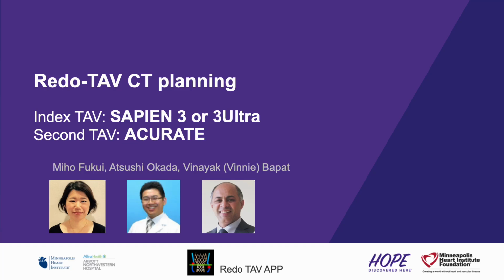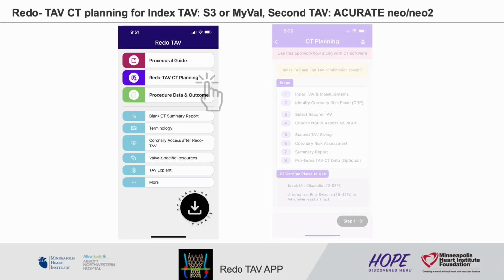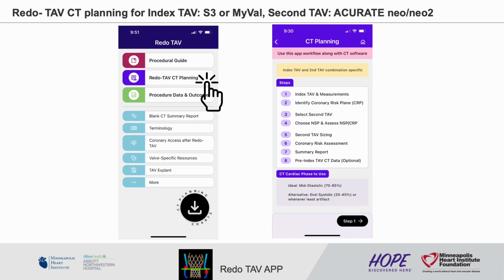This video shows you how to do pre-procedure CT planning using the Redo TAV app. The index valve is SAPIEN3 on the first tab, and the second valve is ACURATE on the second tab. When you click Redo TAV CT planning on the home screen, first you will get the overview of all steps